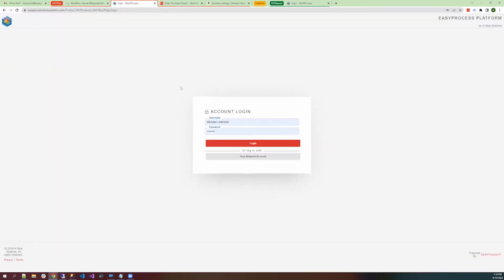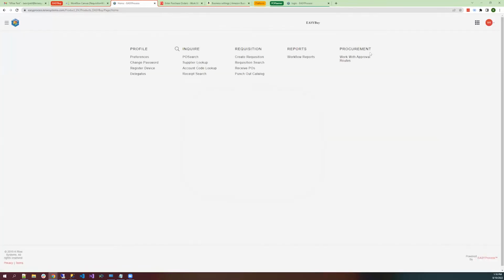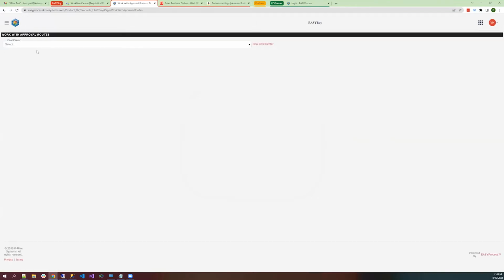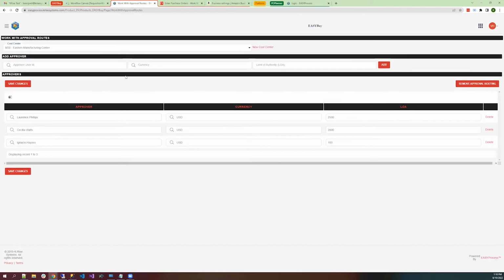So I'll go ahead and log into the portal as a buyer first. So Vanessa Hudson is a buyer user. And then under this procurement menu, I'm going to go to work with approval routes. And then I'm going to select a cost center here to give you an idea of what an approval route will look like. So the system that we brought over to our base copy of EASYBuyer here is the cost center system. So you'll select the cost center when you're creating a requisition, and within these cost centers will be